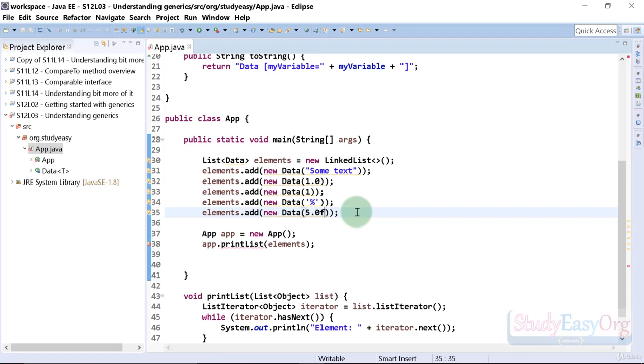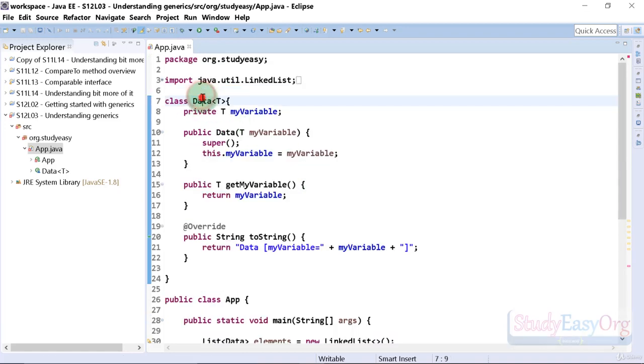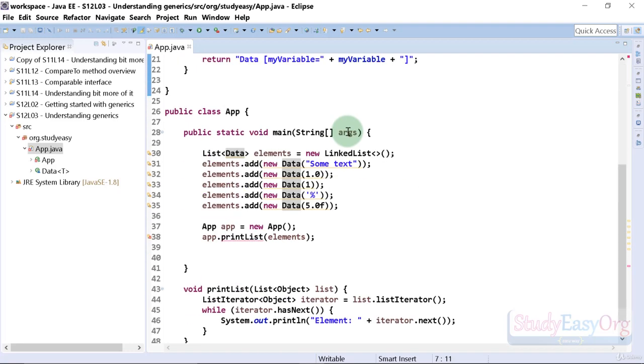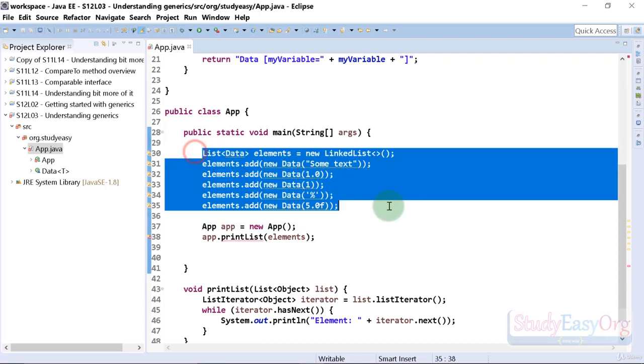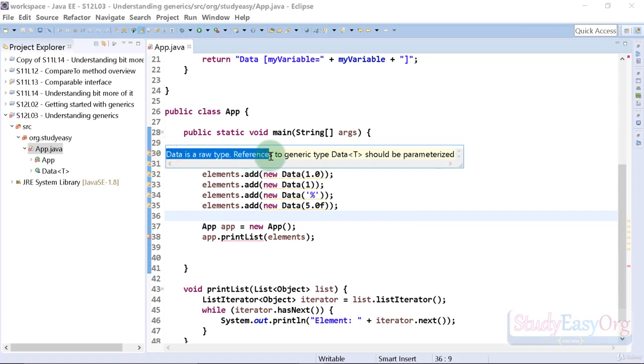Again this is okay. Now as we can see that there is no runtime error in this part of the code, and the reason being data is a generic class and the object of data can contain any type of information, which is cool, right? But there are some warnings. Now let us get rid of these warnings first. So if we check this code, then there is no error as such, but there are a couple of warnings, and if we hover upon this warning then it will say data is a raw type, reference to generic type data